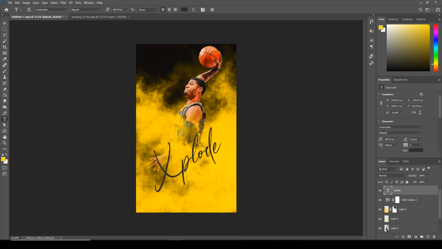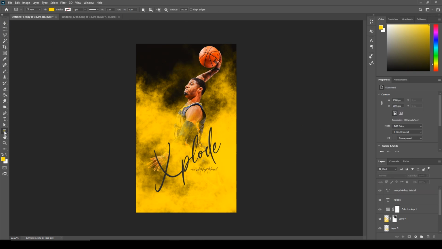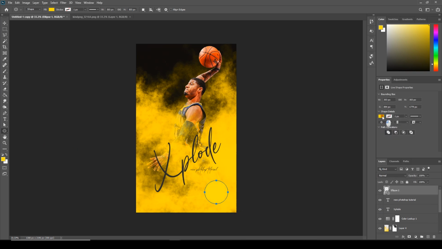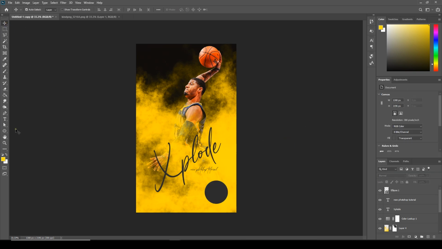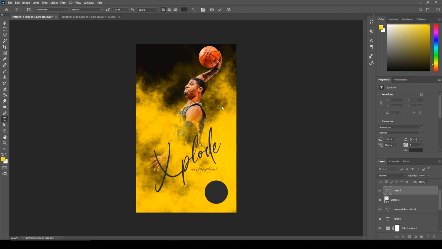Add some other text. Let's create one ellipse tool, and let's change the fill color to something like this. And let's